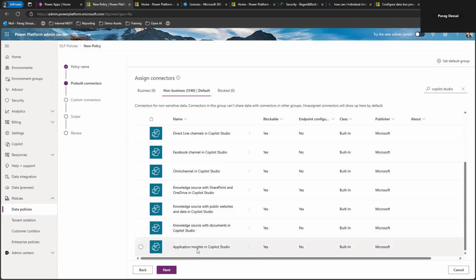And lastly, we have this application insights connector. This is where Copilot Studio has ability to send telemetry data to your Azure Insights on your Azure tenant. If you want to prevent that, you can configure this connector here. You can move it to block category if you want to prevent Copilot Studio from sending any telemetry data to